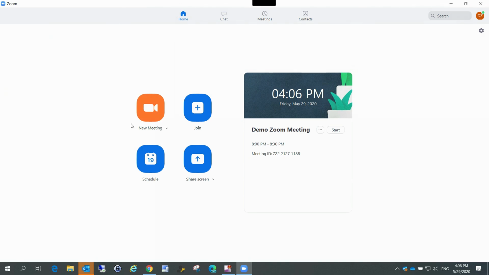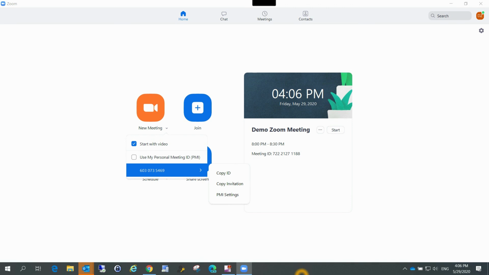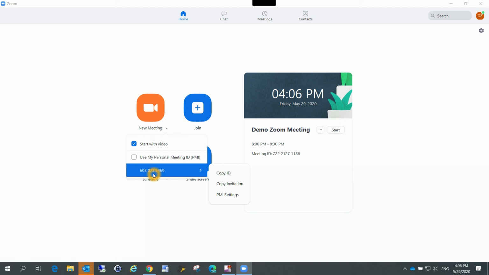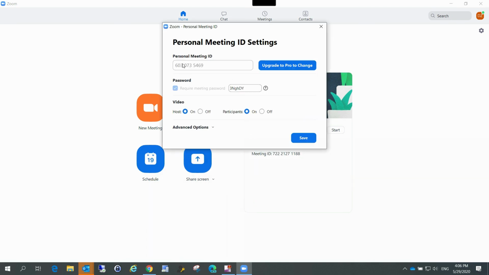Now let's get back to the home screen, and let me create a new meeting. I'm unticking the personal meeting ID, because if you wish to maintain the personal meeting ID every time, you can keep that ticked. You also can do some settings in the personal meeting ID PMI settings.